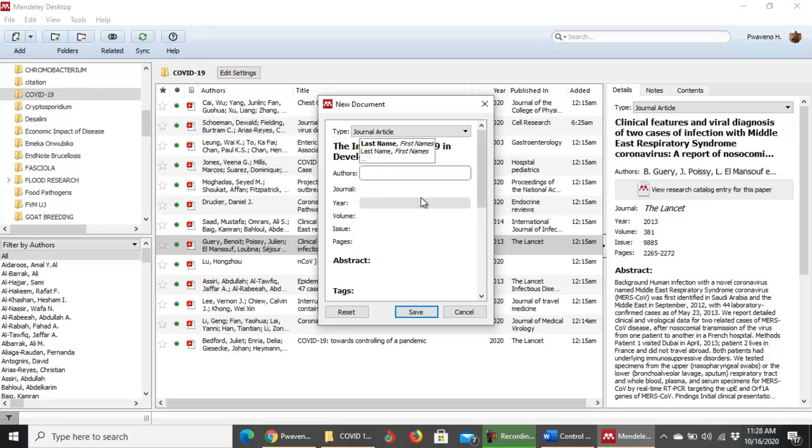And who are the authors? Let's assume the first author, his first name is Hassan, and the surname is Ahmed. So by default, reference managers will recognize the second name as the surname. So I've added Hassan Ahmed. So Hassan will be abbreviated as H, and then Ahmed will be written in full as the surname or the last name. If I want to add another author, I will just press enter,